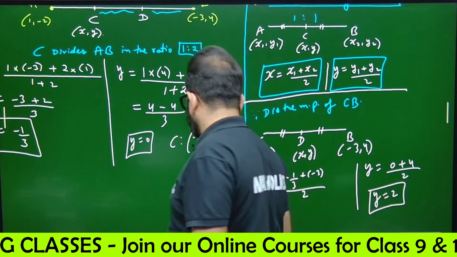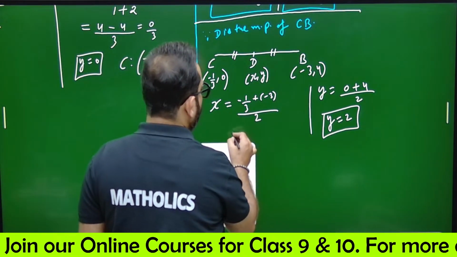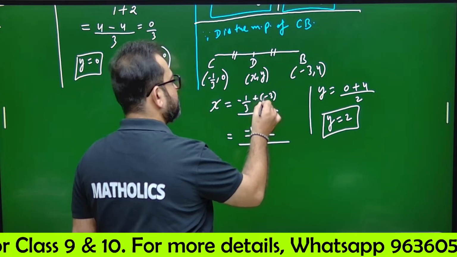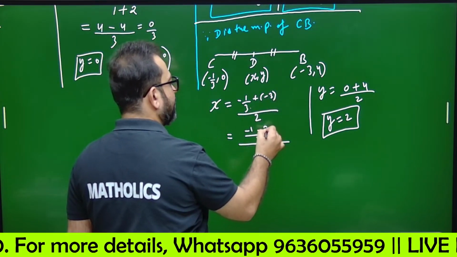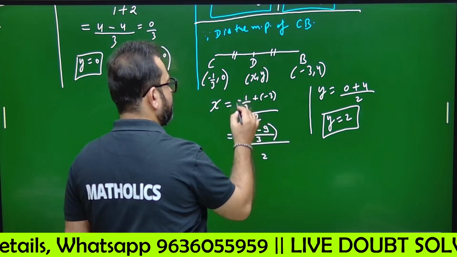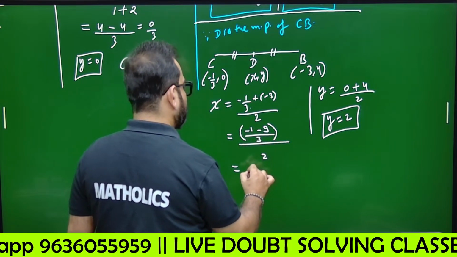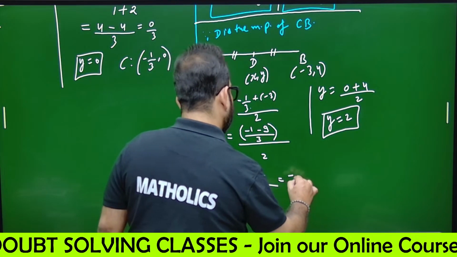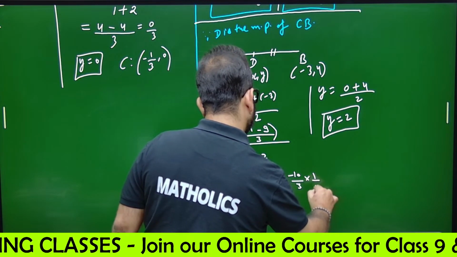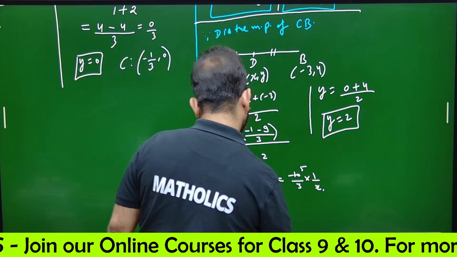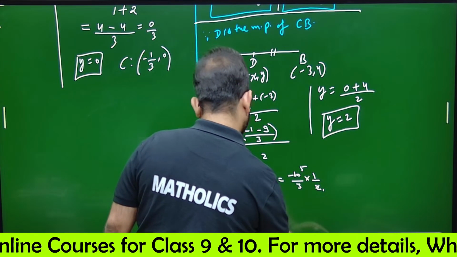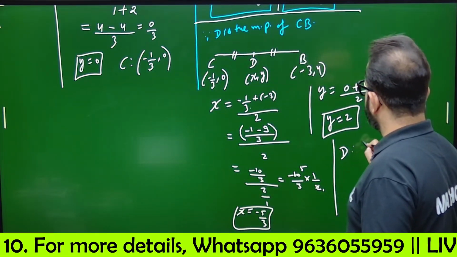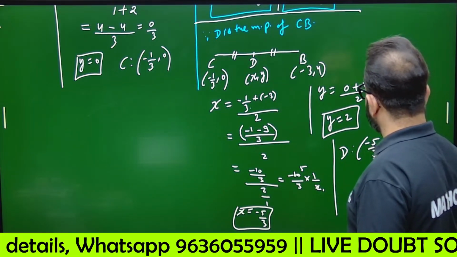Y is 2. And for this, now see properly. This is whole upon 2. There is LCM 3. It will be minus 1 plus minus 9, since 3 into 3 is 9. Upper side, it is this. So we'll write minus 10 by 3 whole upon 2. It is 2 upon 1. It will become minus 10 by 3 into 1 by 2. 2 ones are, 2 fives are. So minus 5 by 3 is X. Okay. So X and Y we found out. So coordinates of D will be nothing but X comma Y, which means minus 5 by 3 comma 2.